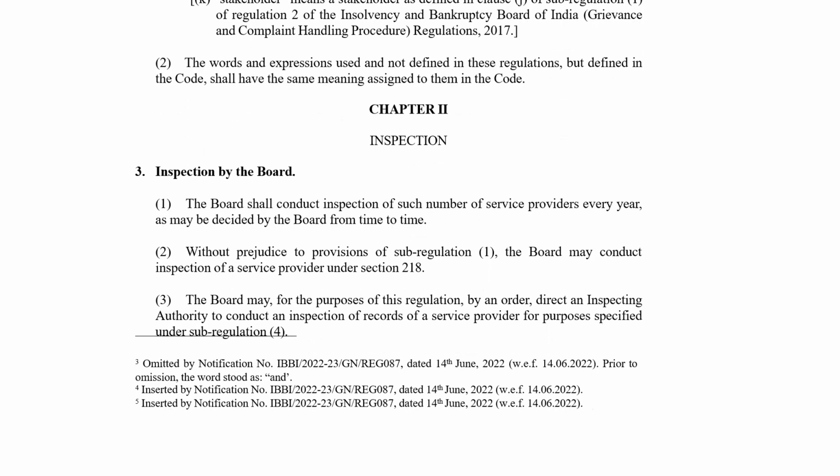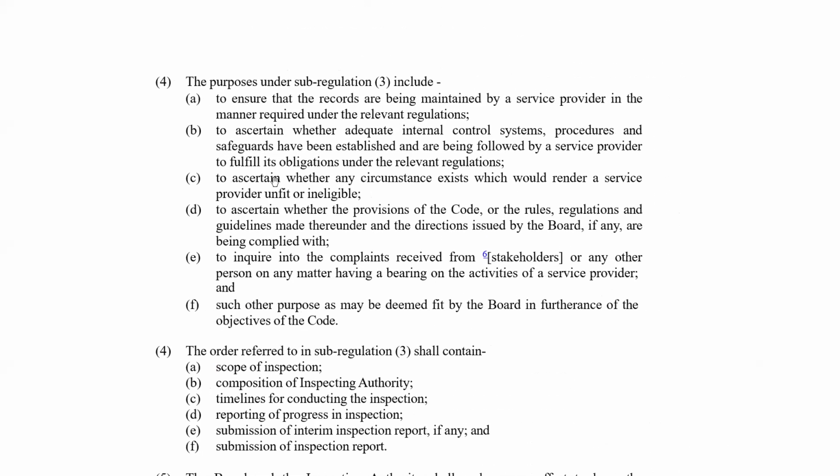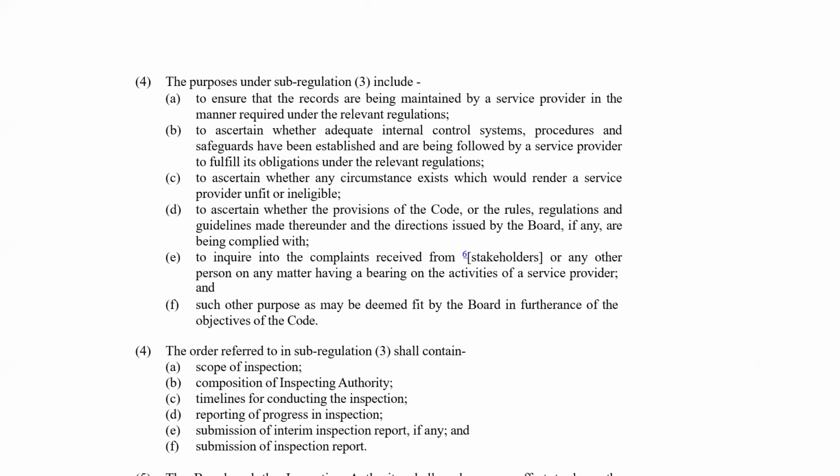The board may, for the purpose of this regulation, by an order, direct an inspecting authority to conduct an inspection of record of a service provider for purposes specified under sub-regulation 4। Purposes क्या हुआ, ये purposes, records are being maintained by a service provider, adequate internal control procedures are there, circumstances which would render a service provider ineligible or unfit। ठीक है, abidance by the code rules regulations, inquire into complaints।